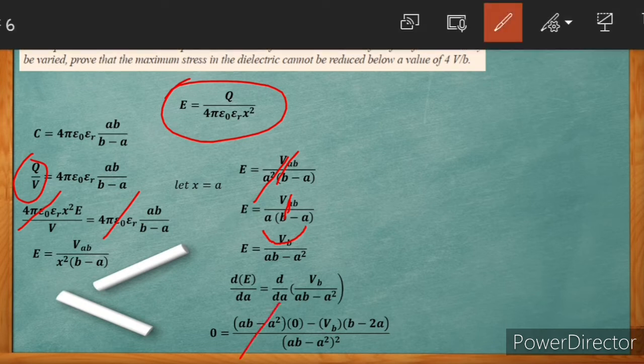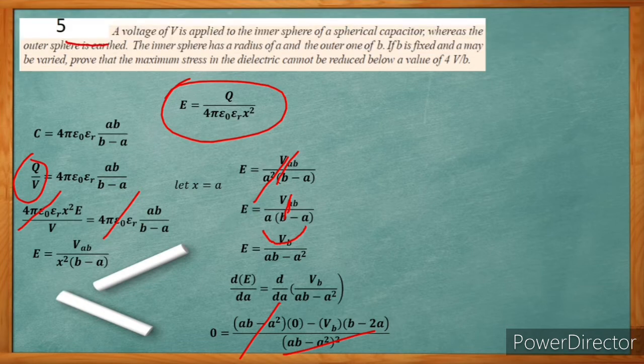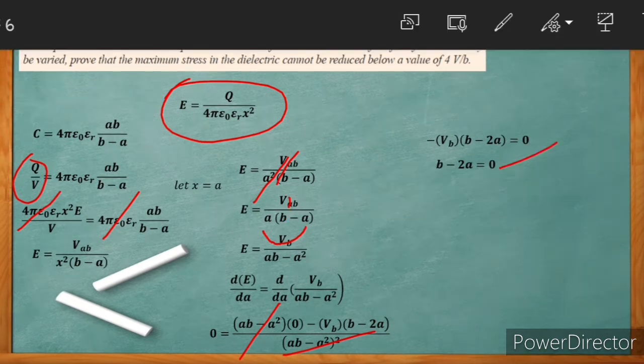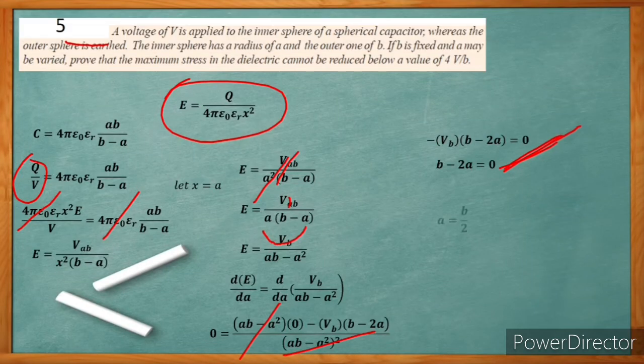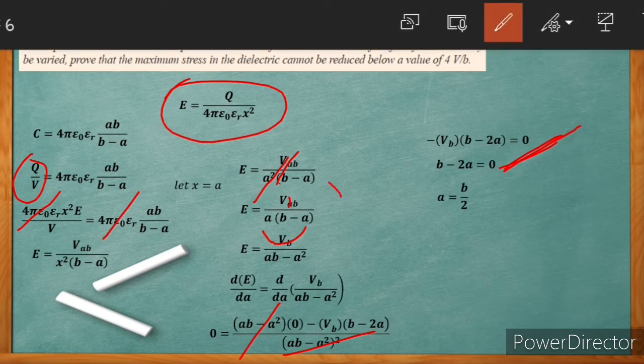Cancel the like terms, so we will be left with negative BB quantity B minus 2A is equal to 0, and then simplify that one, it will become B minus 2A is equal to 0. Since A is varied, we will have the value of A from this formula, so A is equal to B over 2, and then substitute the value of A to this formula,